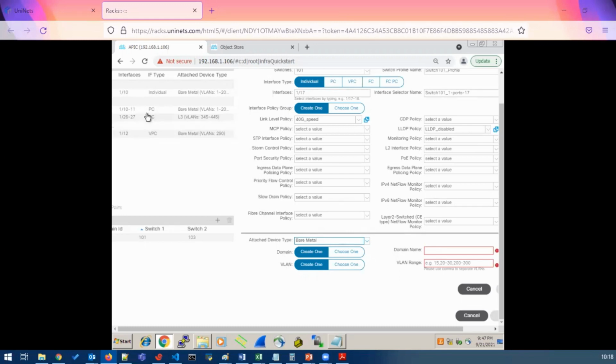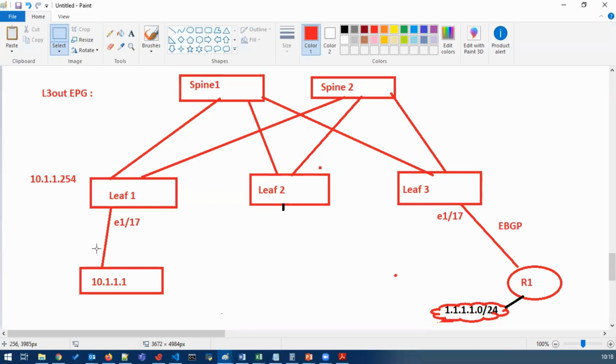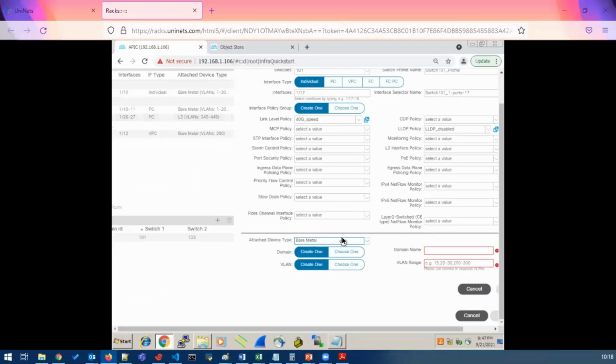Clear? Maybe this server is a VM, and they are using vCenter or VDS or vSphere client. But since I'm not creating this port group, the port group is created by the vCenter team only. For me, it will be a bare metal server. Clear? So I will select a bare metal server.